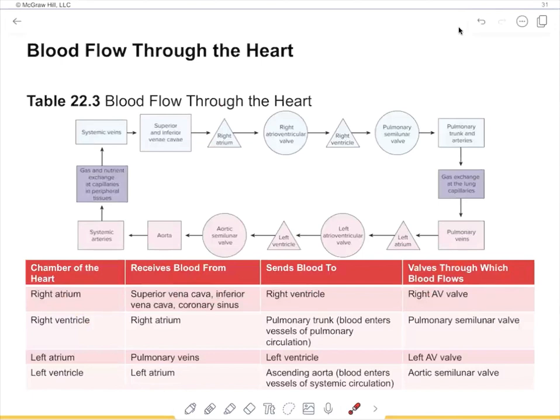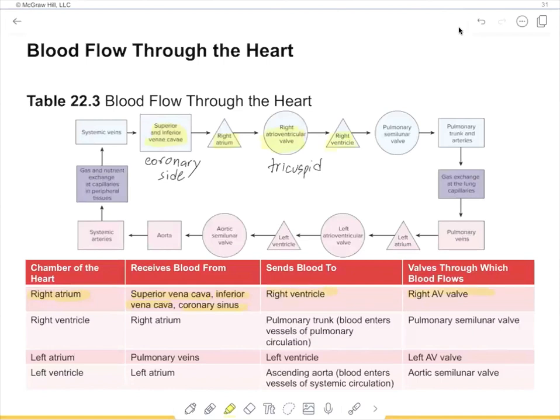So for the right atrium, it receives blood from 3 different places: the superior vena cava, the inferior vena cava, and the coronary sinus. We can see the superior and inferior vena cava on the flow chart. That also includes the coronary sinus with deoxygenated blood coming back from the myocardium. That blood goes into the right atrium, which goes through the right atrioventricular valve, also called the tricuspid valve,